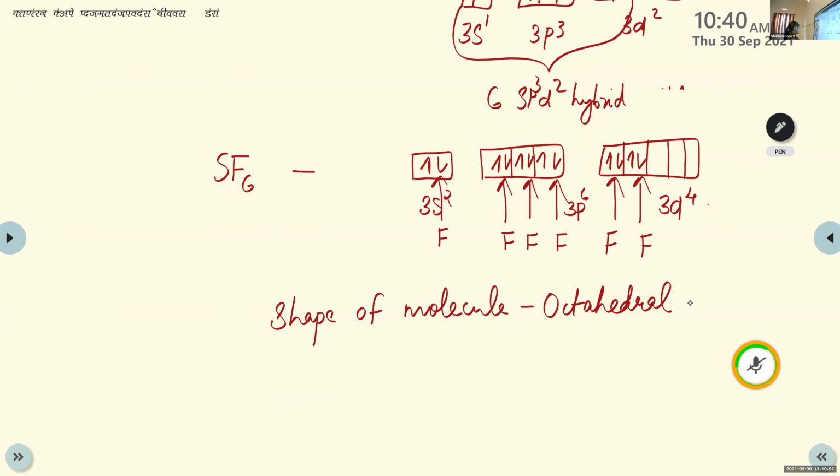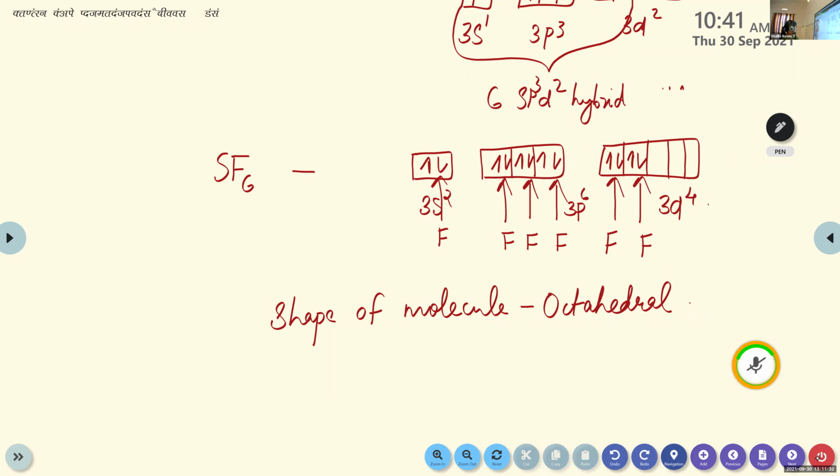So you can copy the actual octahedral shape from your textbook. It's on page number 125. So for sp3d2 hybridization, the shape of the molecule is octahedral. This is clear, children, about the different types of hybridization. So you have to learn these 2 examples for sp3d hybridization and sp3d2 hybridization. Clear? Shall I move to the next topic, children? Have you completed this one?